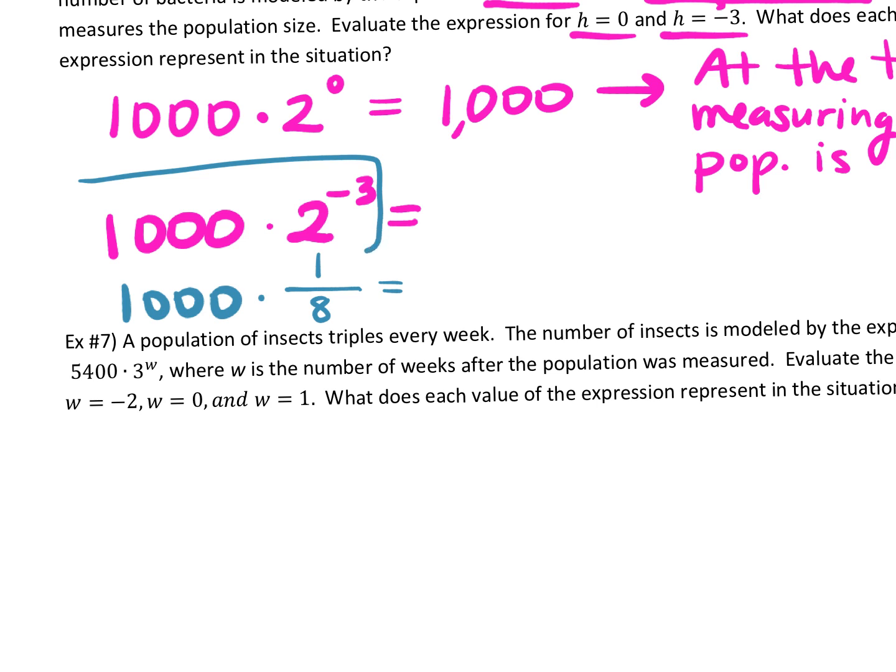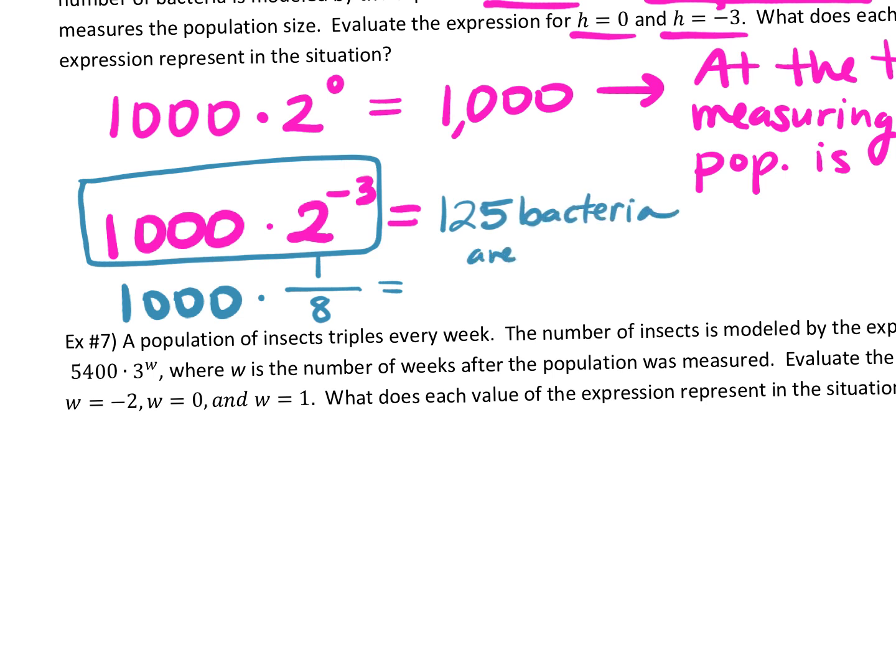You literally can plug this into your calculator, but try it because you've maybe not done negative exponents in your calculator. Type in 1,000 times 2 caret negative 3 and see what you get. 125. So when you plug that in, you should be getting 125. That means 125 what? People. Population. Of what? What are we talking about? Bacteria. Bacteria, okay? So 125 bacteria